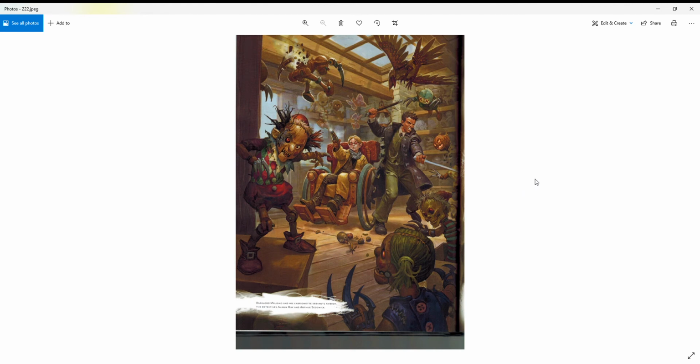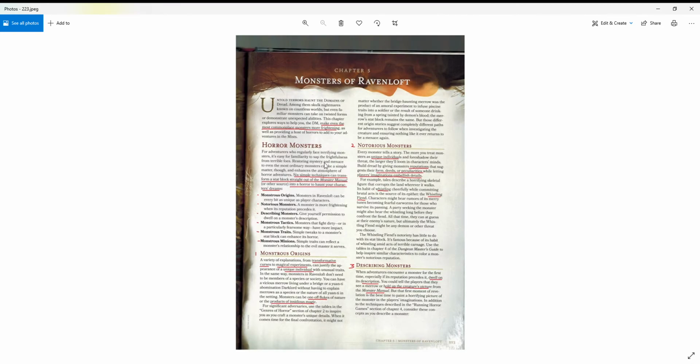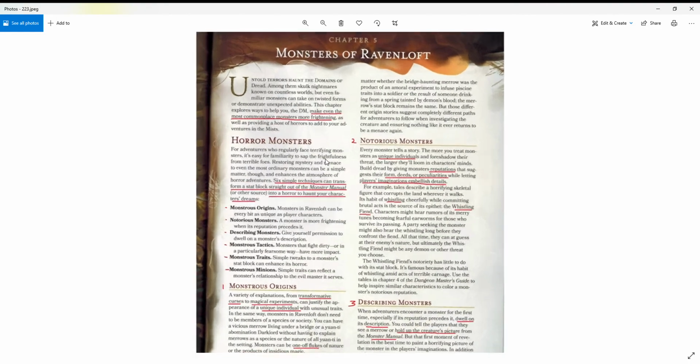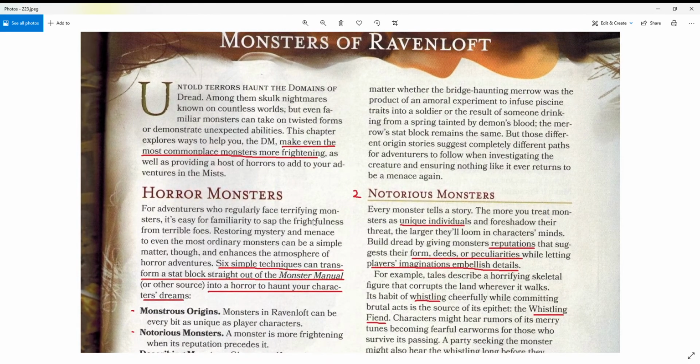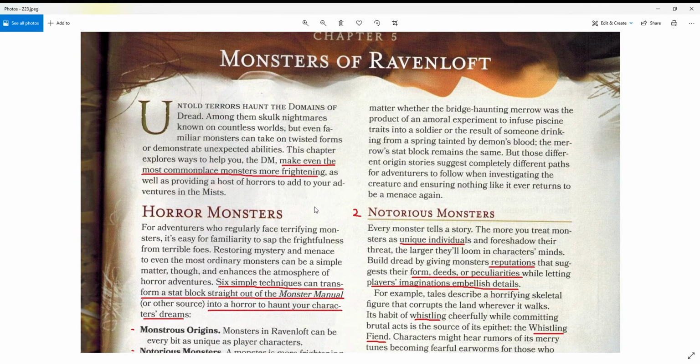Welcome back, everybody. Let's take a look at Van Richten's Guide to Ravenloft, and specifically some of the new monsters and creatures they have in it. Now, before they actually get into all the new monsters, and they've got a ton of them at the back part of this book right here, they talk about monsters of Ravenloft and even give you ideas for modifying monsters